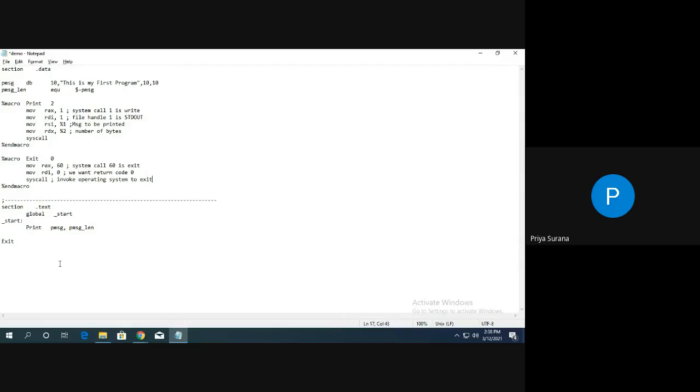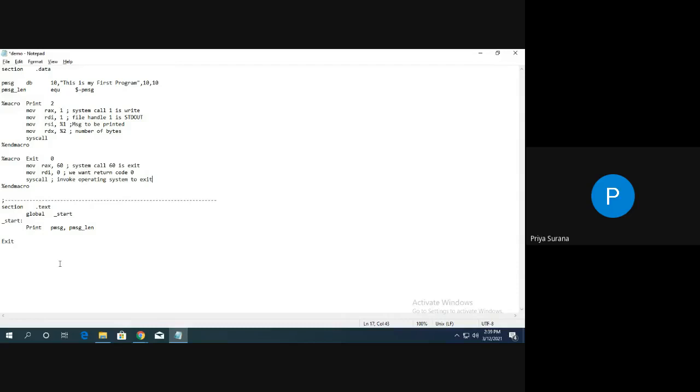Prior to that, a few other basic points. We can say assembly language is a middle level language or low level language. It is not a high level language. All of you are aware that a high level language is user friendly. Assembly language is not that user friendly, but it has other advantages such as system features and system architecture. You will become aware of processor registers, how to use memory management, and all those things in this type of programming like assembly language.